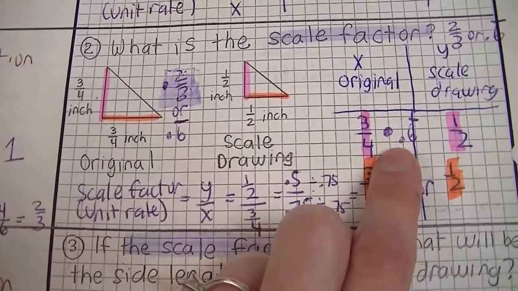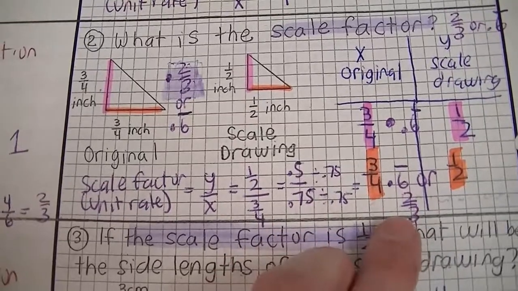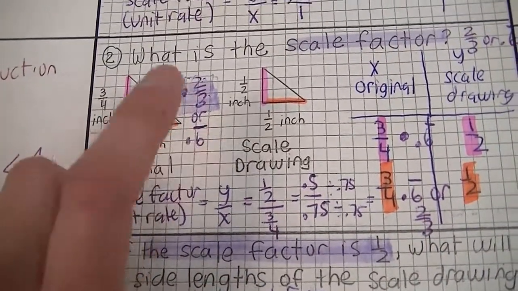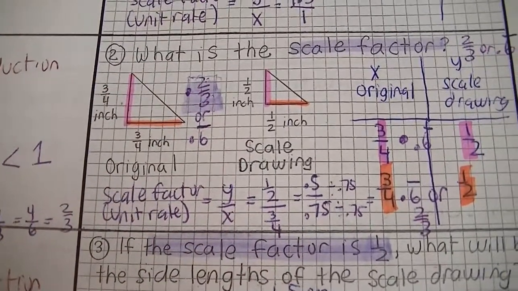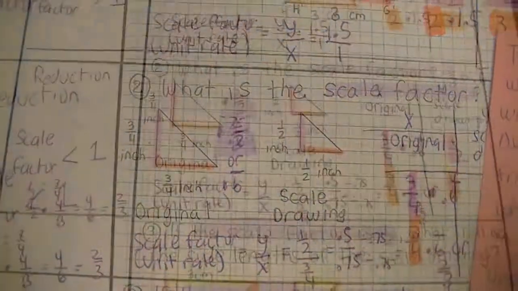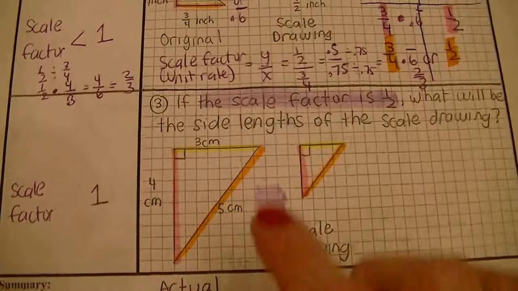So in this particular example, we had 0.6 repeating as the scale factor, and what I want you to know is 2/3 is more preferred than 0.6 repeating, simply because they prefer scale factor written as a fraction in simplest form. Okay, number 3, that example, it's a little bit different than number 1 and number 2 because it says